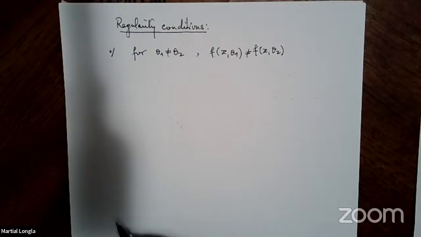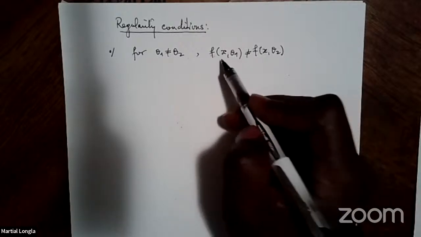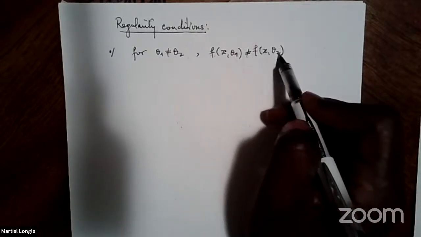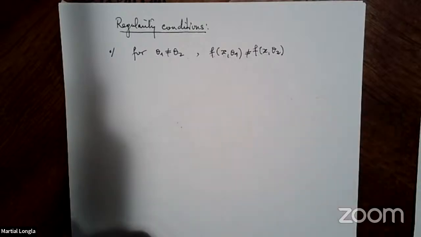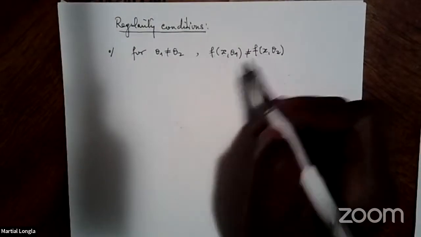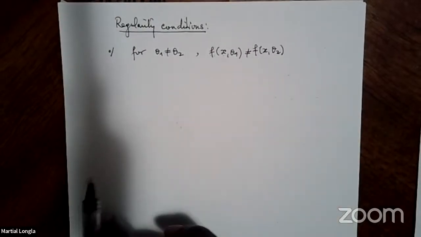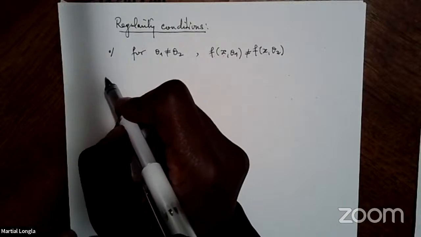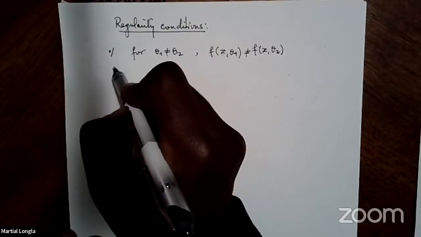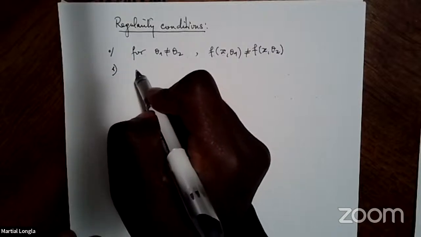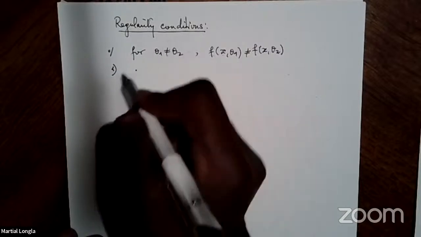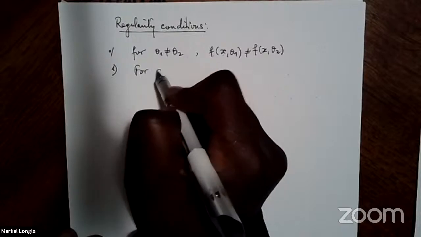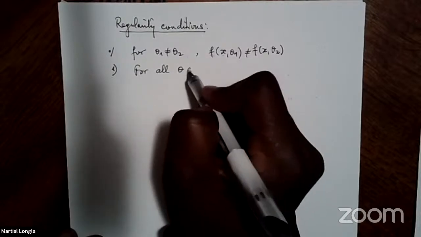This means if you take two different values of theta, you get two different distributions. It doesn't mean at some point x, but for all of them. For all theta in omega,